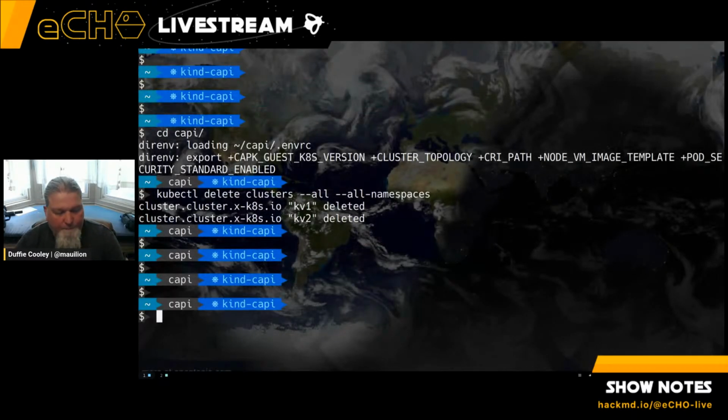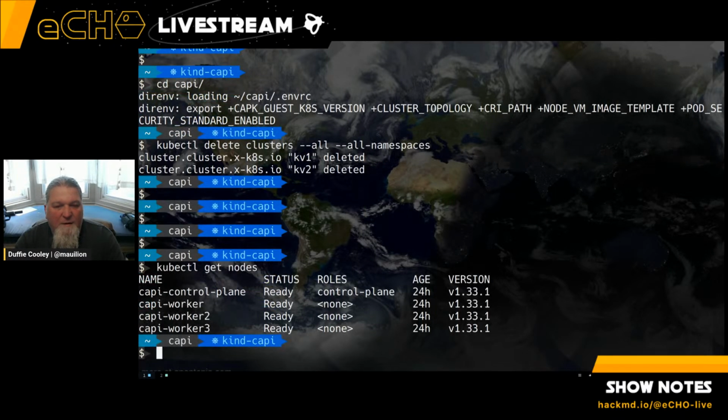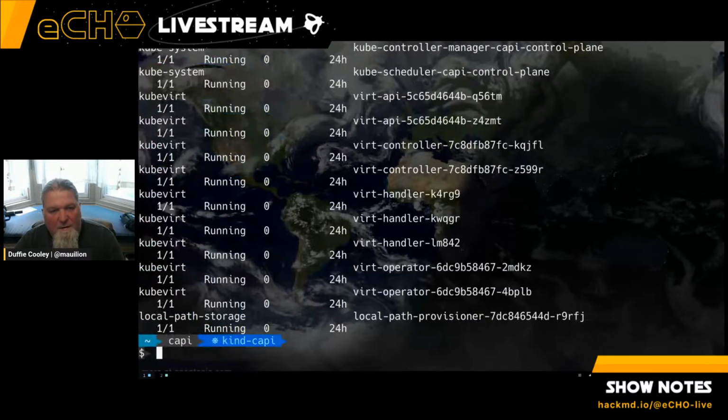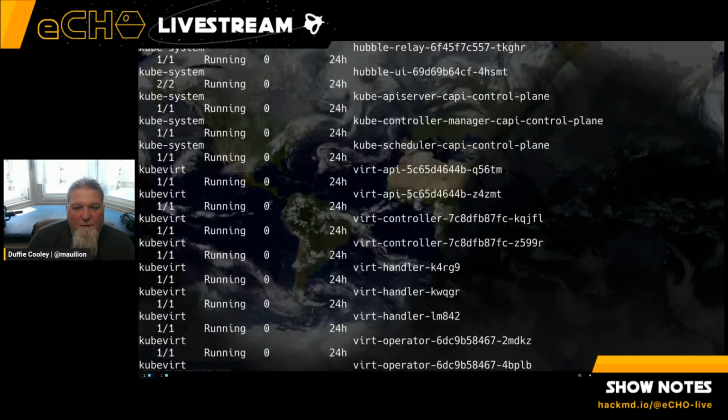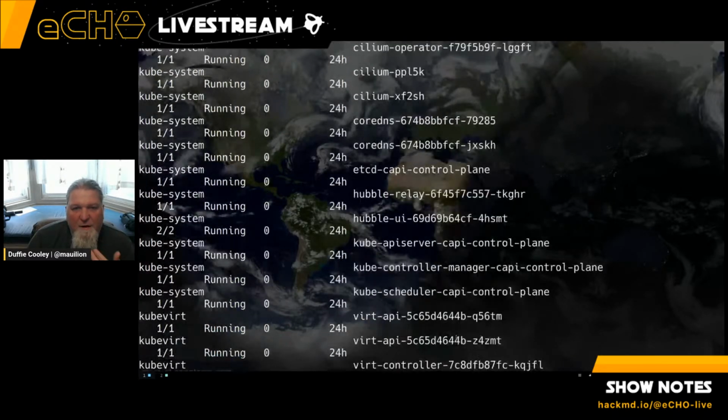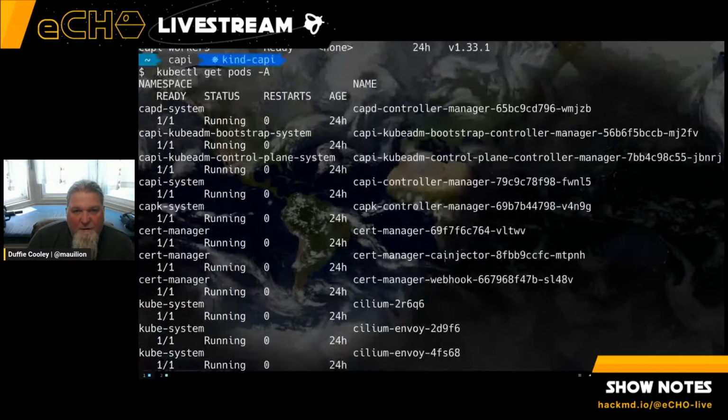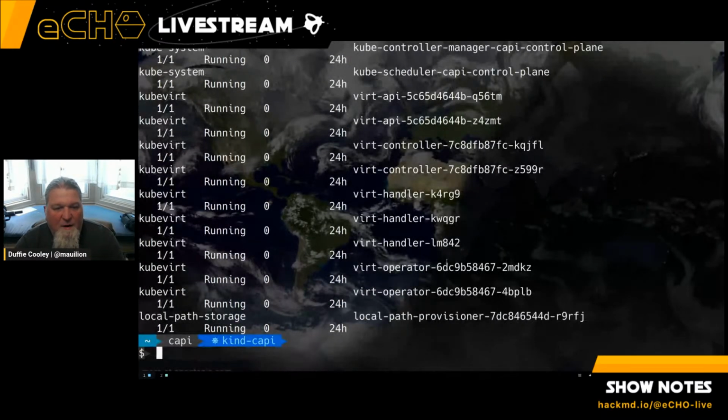So first things first, I have a cluster API control plane cluster up. And that means that what I have inside of here is basically the KubeVirt controller and handler stuff. And then I have Cilium installed as the CNI. And just as before, I also went ahead and created